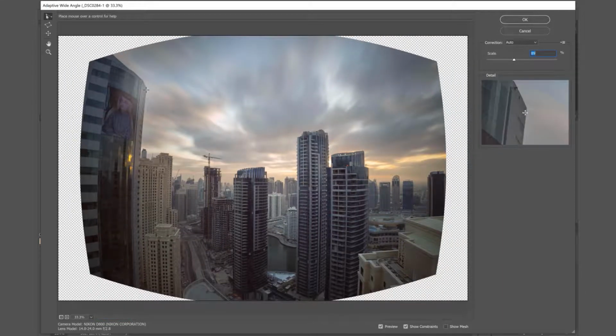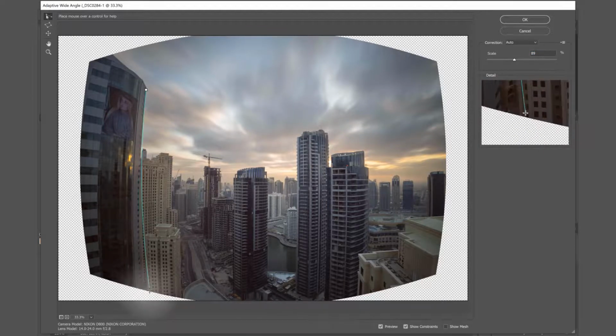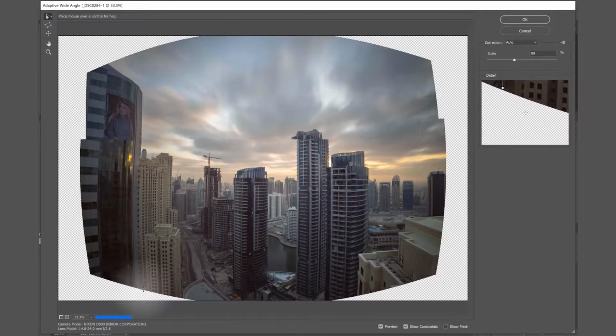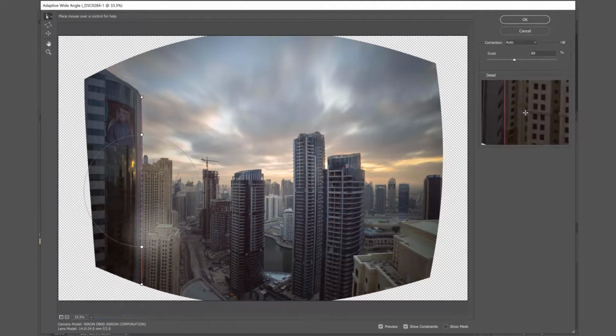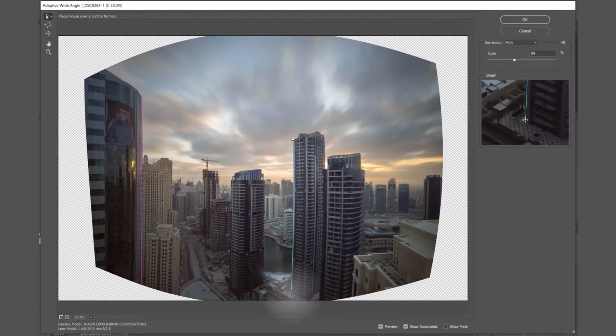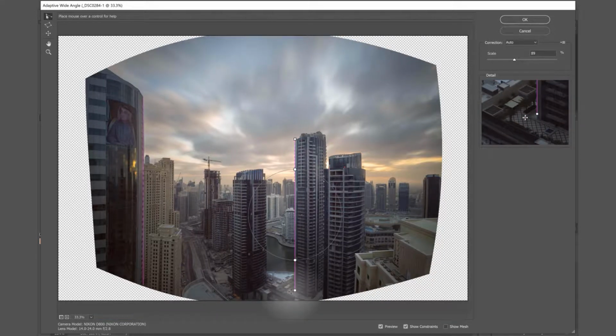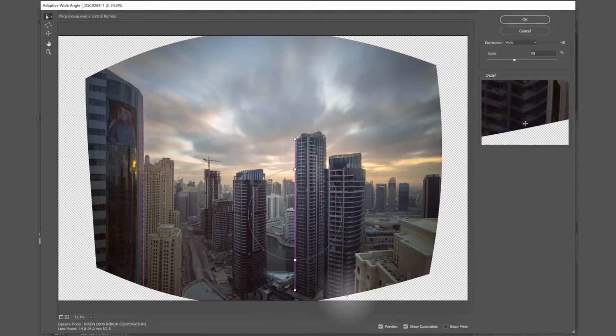And now here we can select an edge that we consider to be a totally straight edge. So for example, this building. We can drag our left mouse button down along the edge of that building and hold Shift while doing so, and then let go of the mouse button. And that should have straightened that building. We can do the same here too. So the outside edge of that building, and we can pretty much work our way through the different straight edges